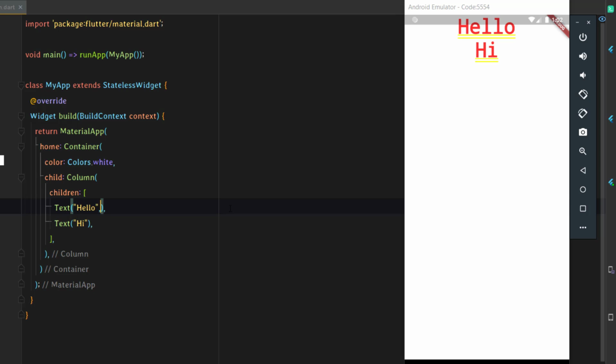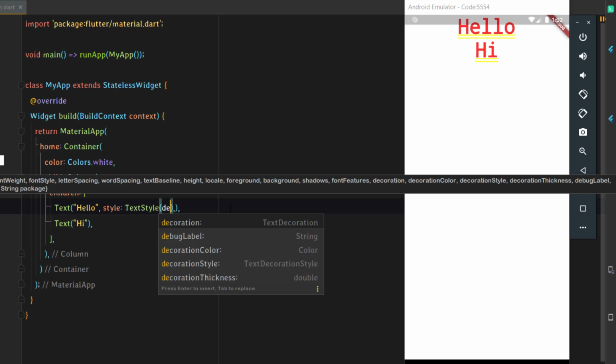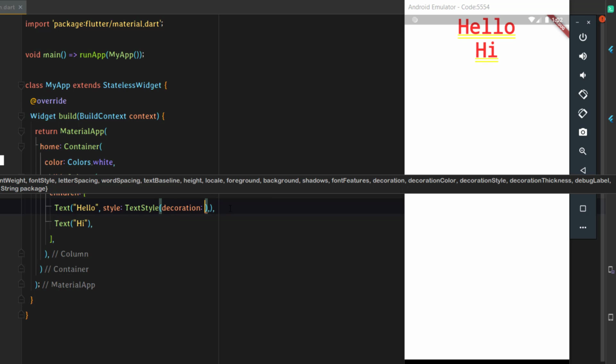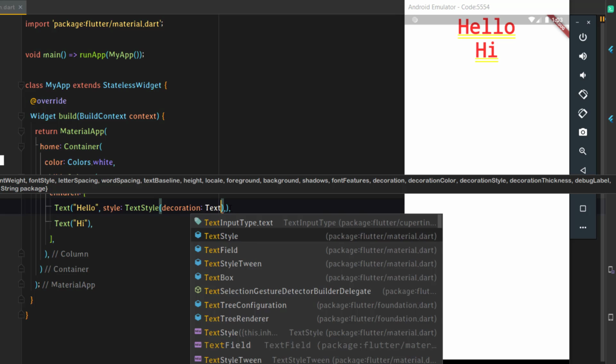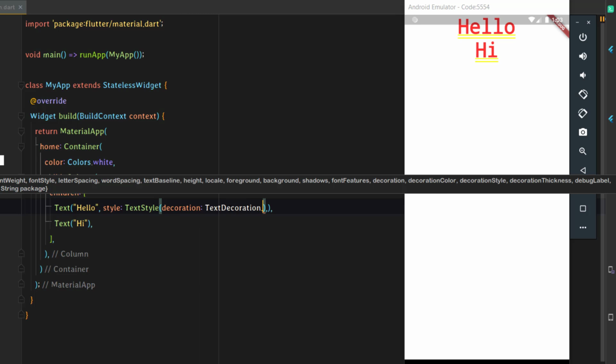To remove it, we just need to add style under this text style, and under this text style we just need to add this decoration, and under this decoration just type in text decoration dot none, so that there is no decoration for this particular text.